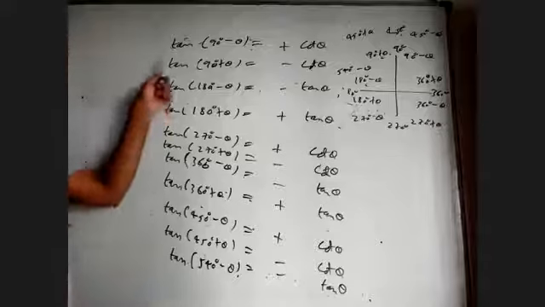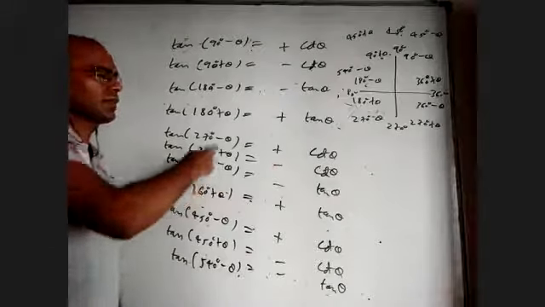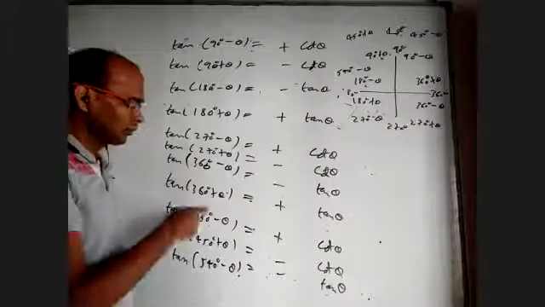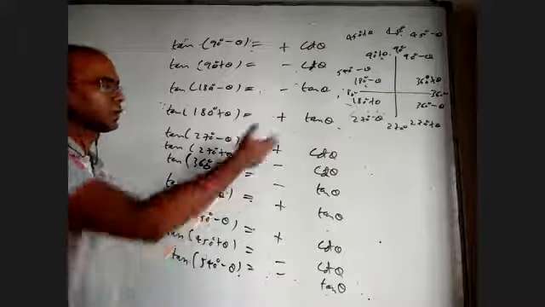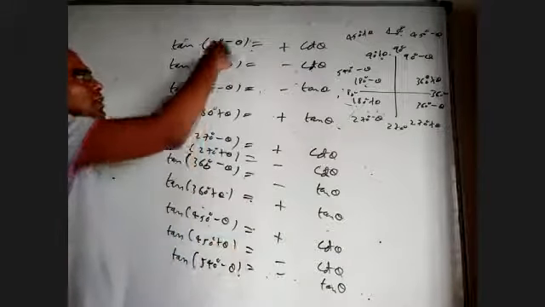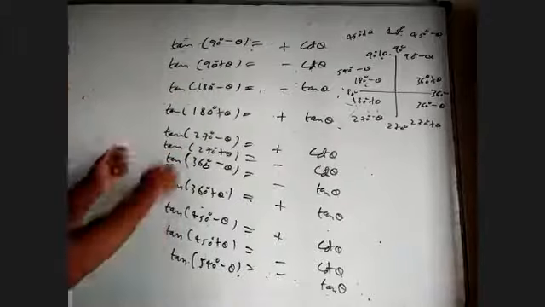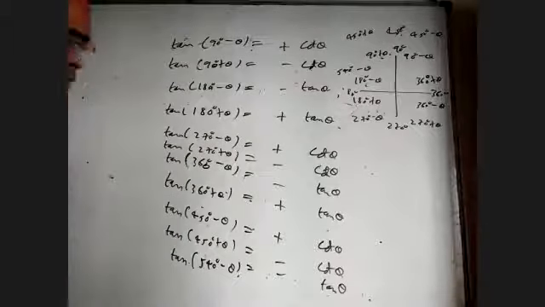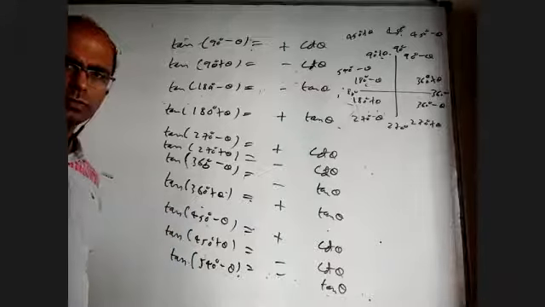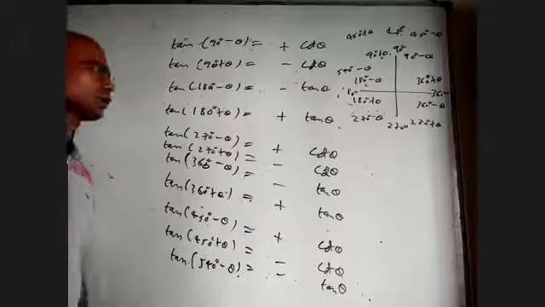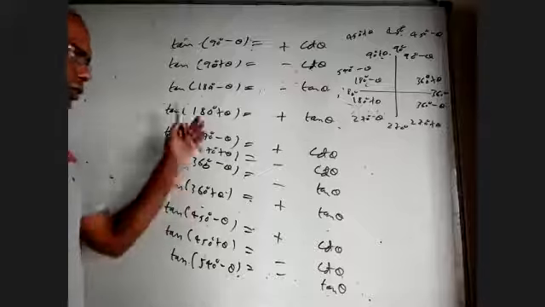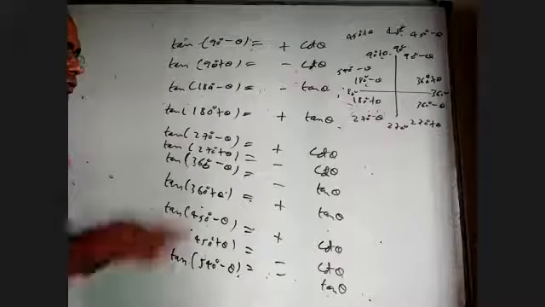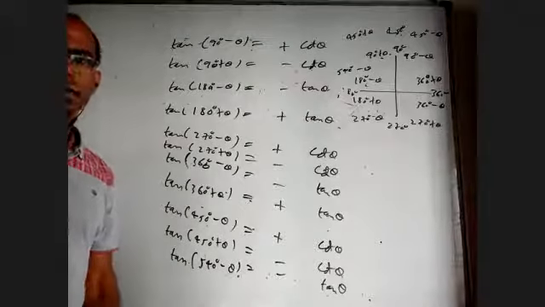So whenever you have tan, if it is even multiple of 90, tan will remain as tan. If it is odd multiple of 90, tan will become cot. Plus or minus depends on which quadrant it belongs to. Okay, Vamsi, are you clear about all these things? Yes, sir. Those who are learning for the first time should write it; even though they may know, when they write, they'll remember it.